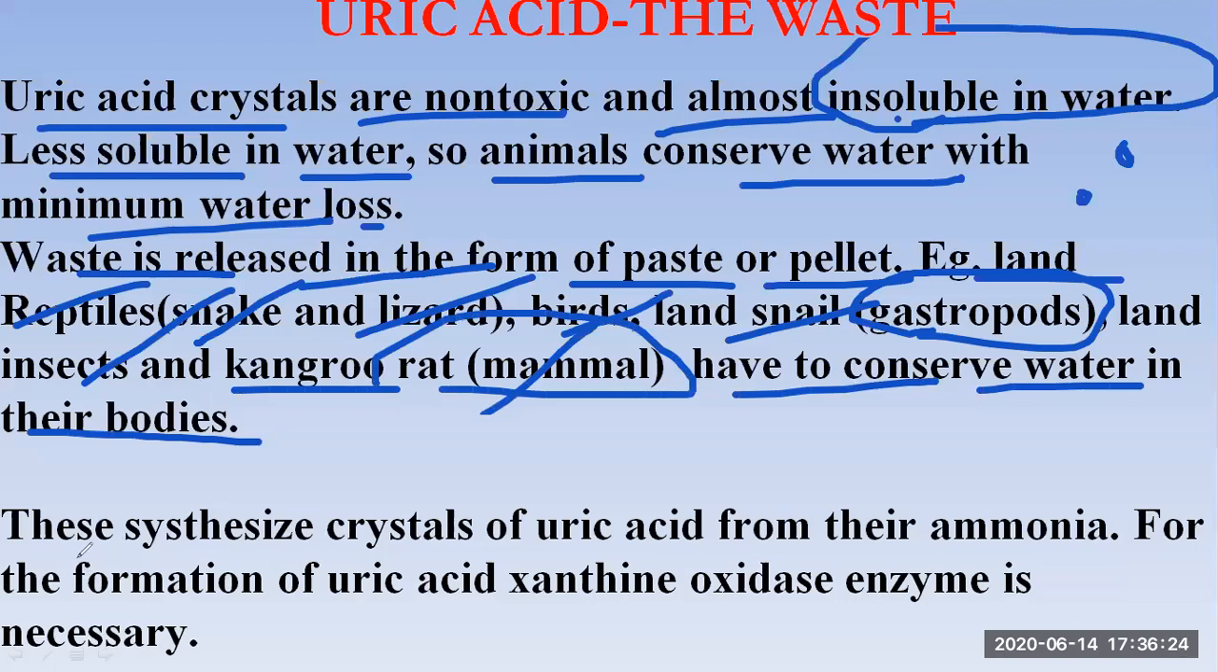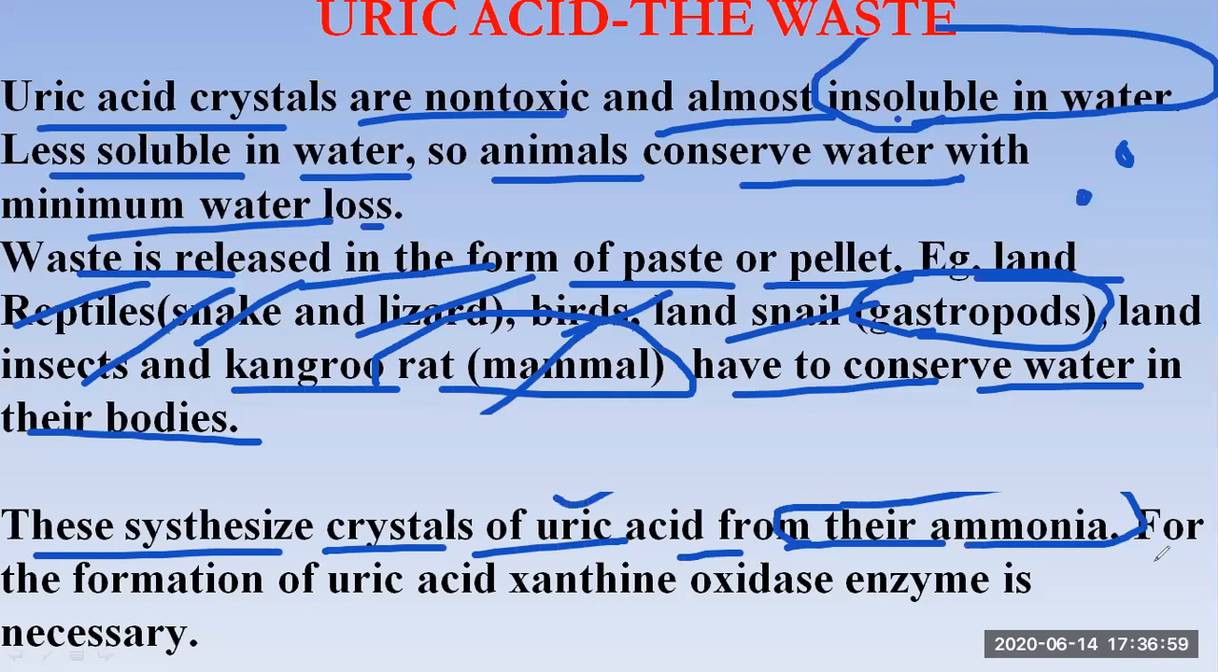And you have already studied in the case of the cockroach, potassium urate is the excretory product. So they first synthesize uric acid crystals from ammonia. Every precursor molecule is ammonia. You have already seen in ammonotelic, that is already ammonia. Then ureotelic, there is also ammonia, and here in uric acid, ammonia also forms, but after that